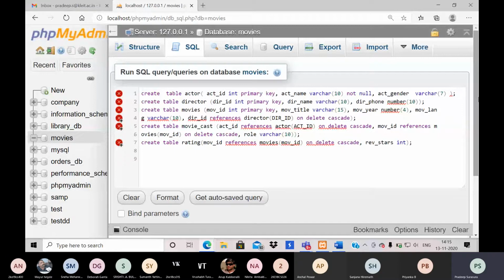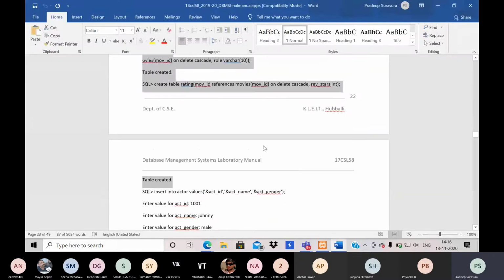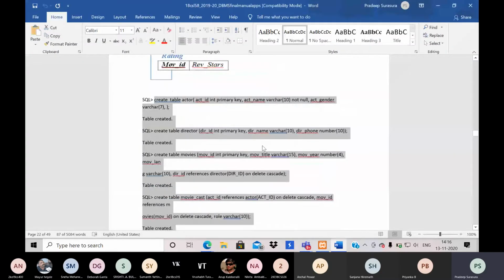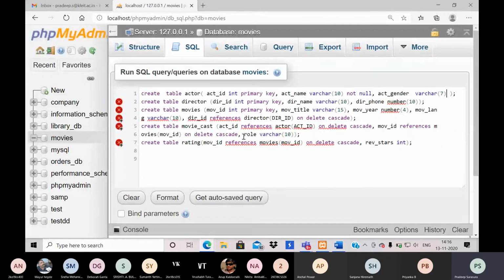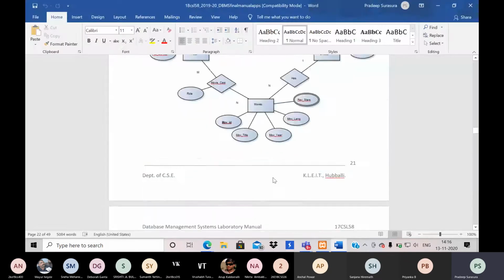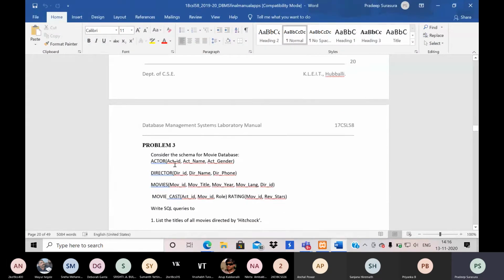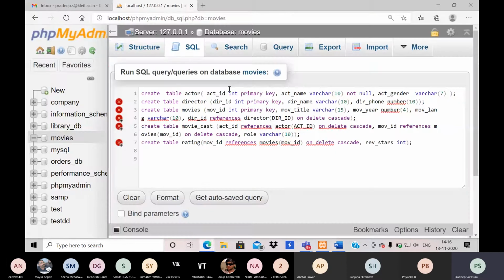Let me remove this comma. I think that is it. Only three attributes: actor ID, actor name, and gender. The first table will work fine.